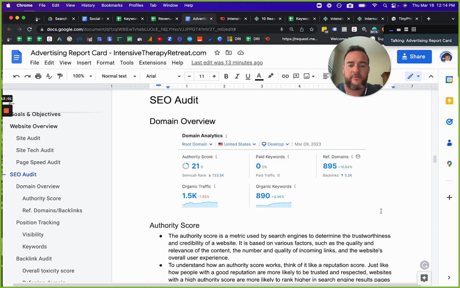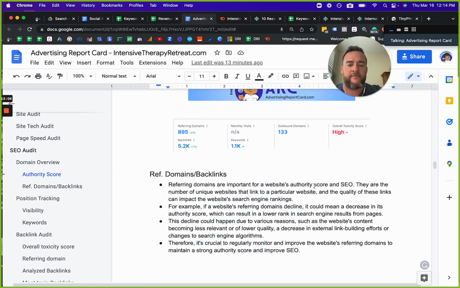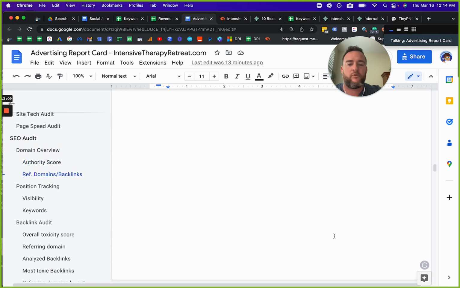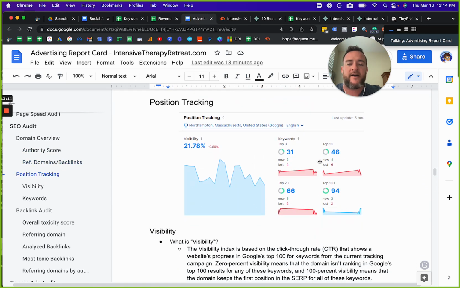So next thing I wanted to jump into is the SEO audit. Overall, SEO is looking super strong. There's a lot of information here about the report that we pull. I would dive deeper into this if we found more errors. One thing I did want to highlight in the position tracking is you might see some minor things lost and other things new. The main thing to consider is that in the top 3 positions alone, you have 31 keywords at the top 3 results of Google that are core keywords you're trying to rank for, which is honestly very impressive. Not a lot of websites get to that point. And you have a pretty good grouping of very strong competitive keywords in the top 10 as well.